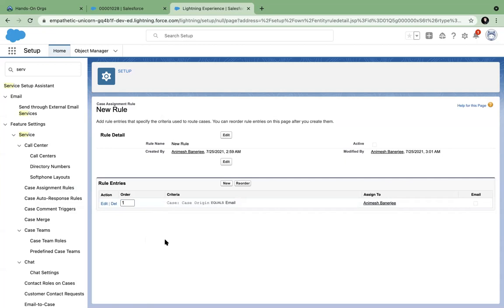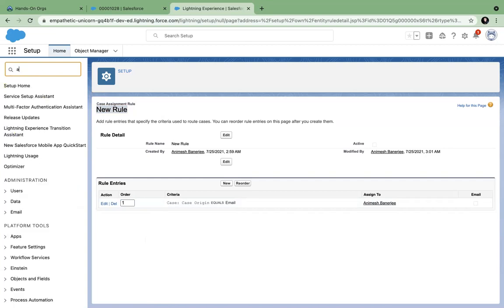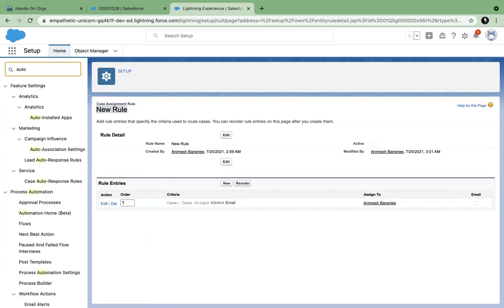You can check one by one and keep on assigning to different people. This will run automatically for any email to case or web to case based on whatever criteria you set. Clear?